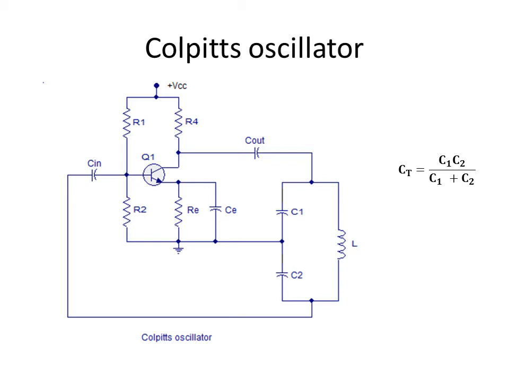So we are taking the output from the top of C1, but we are feeding back the voltage developed across C2. So the voltage developed across C2 will be opposite in direction to the output voltage. It is the way in which we have connected C1 and C2 in the circuit, and the way in which we have connected the common earth for C1 and C2, that will ensure that the voltage developed across C2 is opposite in direction to the output voltage.